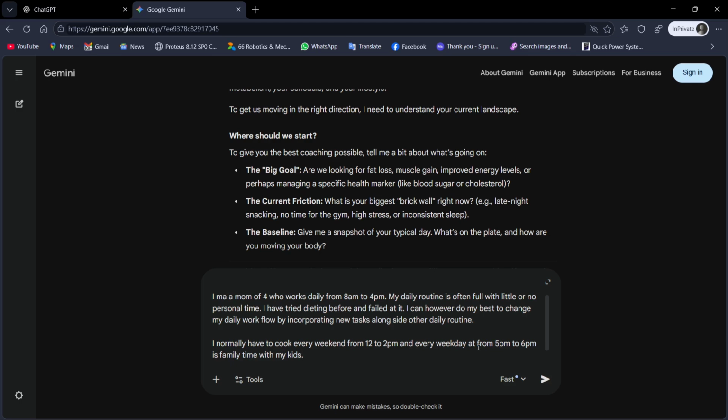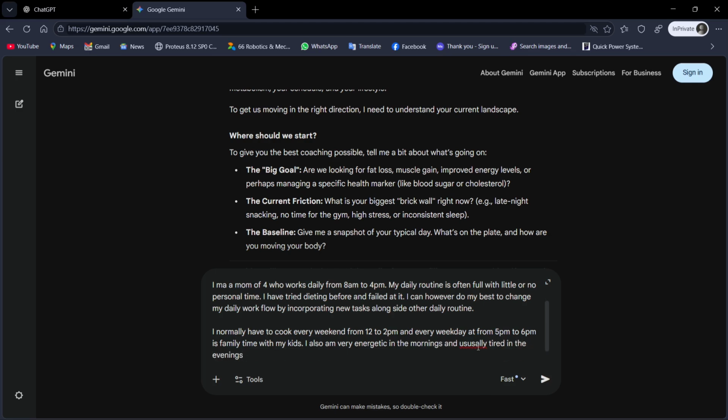So these are the restrictions. I'm going to speak more of this. I also am very energetic in the morning and usually tired in the evenings. Full stop. So we can just leave it at that for our restrictions, but we can add other restrictions related to